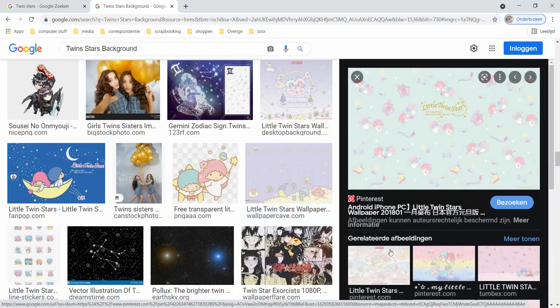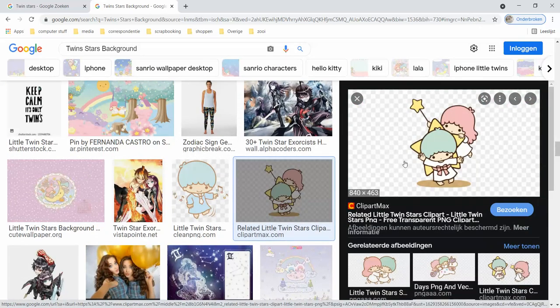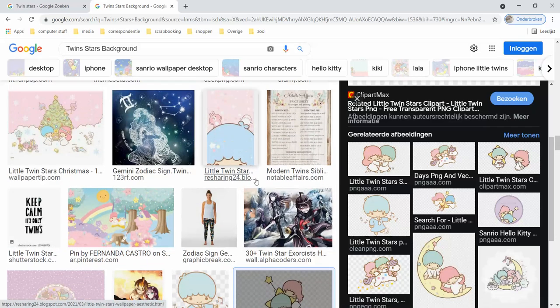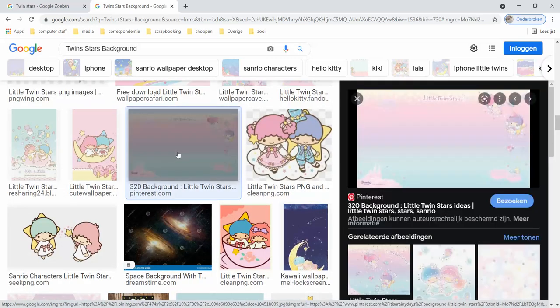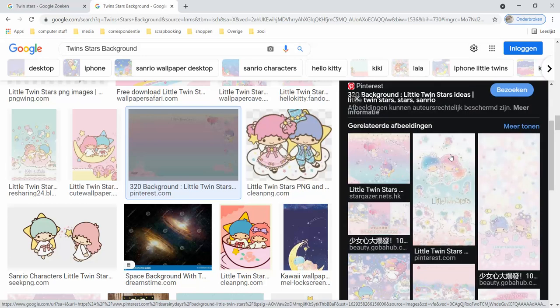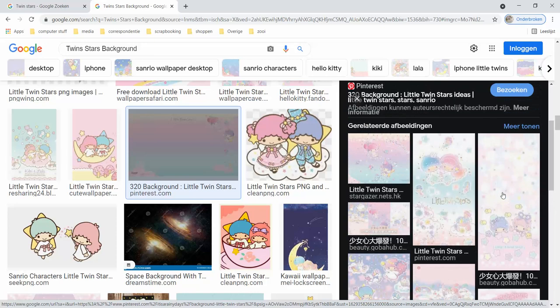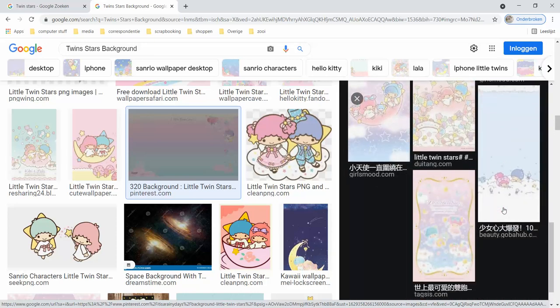Let's say this one. It's a very busy one. It's all up to you. I'm just showing you samples. You can choose an individual object like this, for instance, or this one with the moon, but that we will do in a later stage. So I like this one, but I like something at the bottom because that's, to me, something really like Twin Stars. And I don't want to have too much fuss on the background, so I can fill it